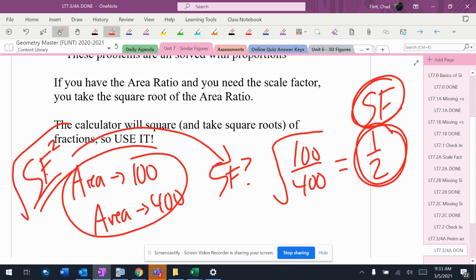if you start out with the areas and you're working your way backwards to something else, you're probably going to have to take the square root. And that's that top level of understanding that we're looking for. If you're trying to get in the 90s on roots of identity, these are little things that are very minor, but in terms of proving that you're really good at this stuff, they're things